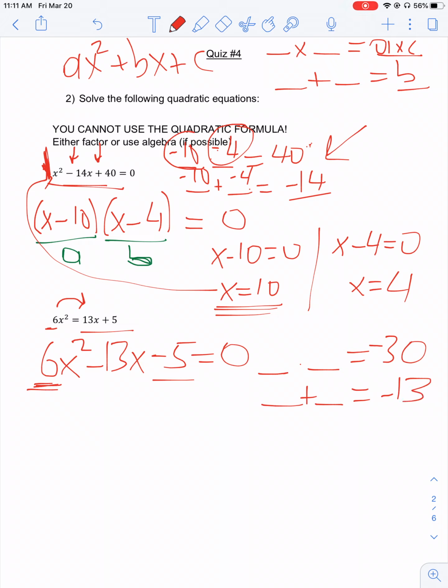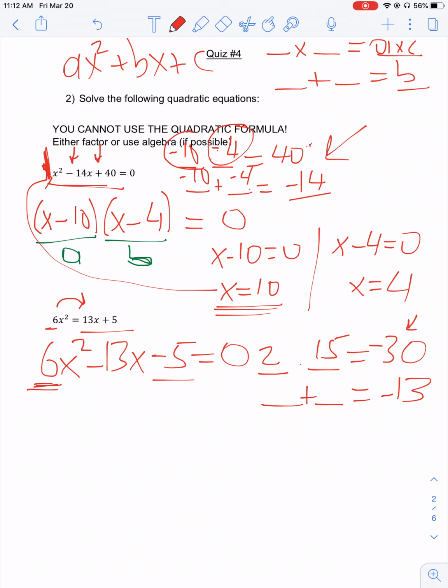Now, because 30 is a negative number, that means one of my numbers has to be positive, the other one has to be negative, okay? So automatically negative 10 and negative 3, even though they satisfy this equation, is not the right combination, because negative 10 times negative 3 is actually 30, not minus 30, okay? So again, the idea is you start with 1 times 30, that will not work, then go with 2 and 15, okay? So 2 times 15 will work over here,